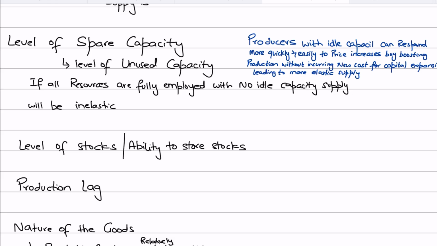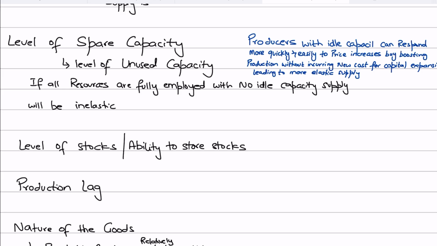So remember guys, for those businesses and firms with lots of spare capacity, it is much easier for them to respond. Again, the word respond is coming. It is much easier for them to respond to changes in demand and subsequent changes in prices, because to increase production, the business then simply needs to utilize those unemployed factors of production and resources. So supply for those businesses that have large spare capacity is therefore price elastic, right? So in this sense, if the price goes up, the quantity supplied would go up by a relatively higher proportion, because producers would easily utilize that spare capacity and ramp up production.